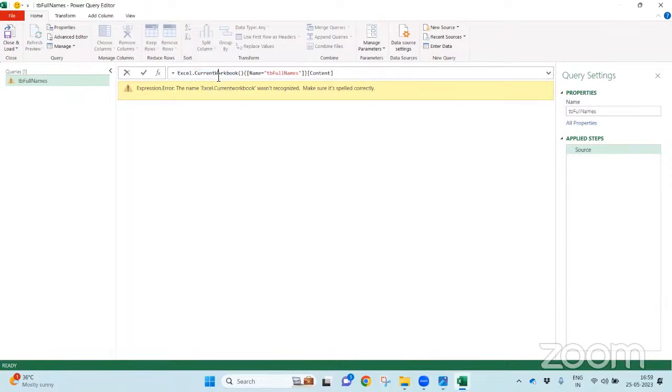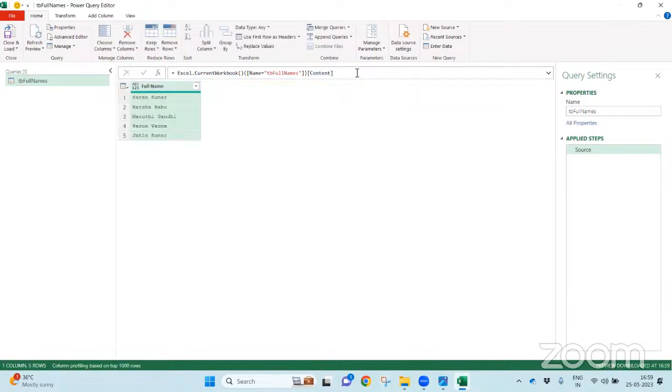So while you are handling the Power Query, you must be very careful because Power Query is a case sensitive language. When it comes to Excel, it's not a case sensitive language at all. Now the function which I have used is Excel.CurrentWorkbook. Excel.CurrentWorkbook doesn't have any arguments at all. It is automatically taking in the current Excel workbook all the tables. What other things can it take? It can take all the tables, it can take all the defined names and so on.